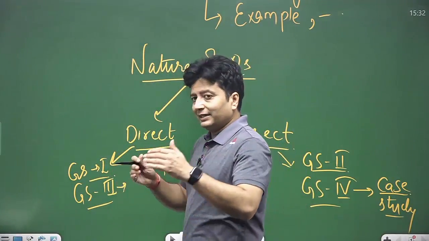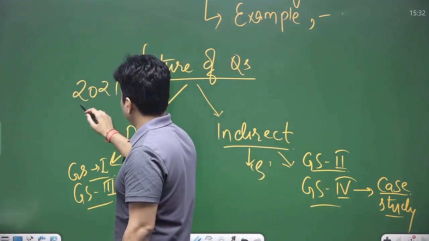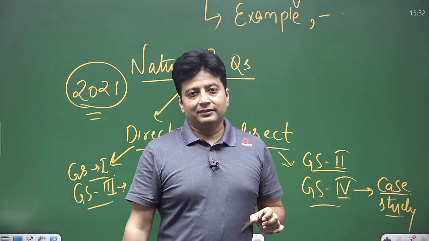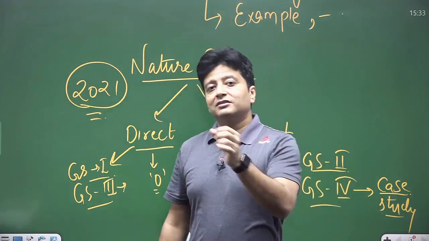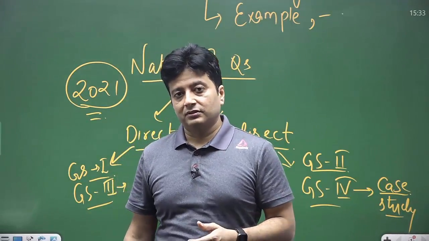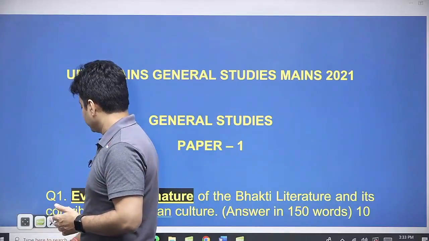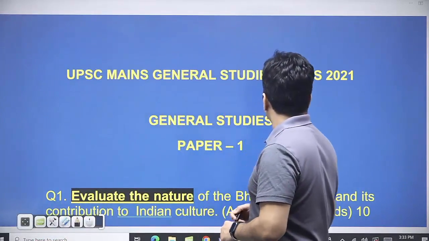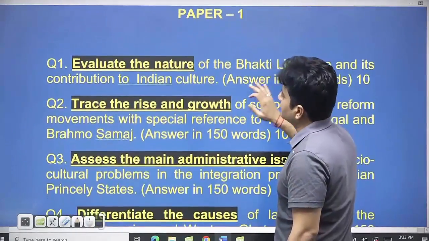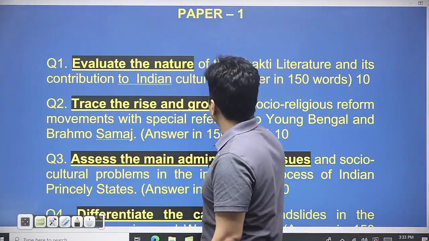when we talk about the latest pattern in UPSC, the last year 2021, we have to look at the tailenders that have been used by UPSC. Say for example, the word discuss as a tailender was found in most of the questions, right? More than 17 times. So if I tell you about the questions in 2021, I have just marked these tailenders. Say for example, evaluate the nature, right?